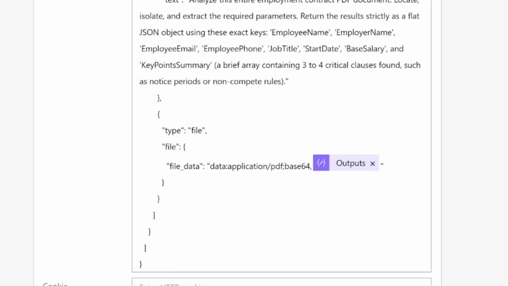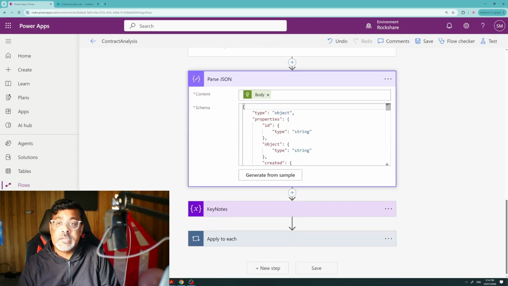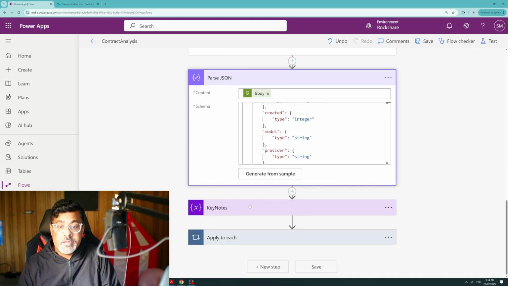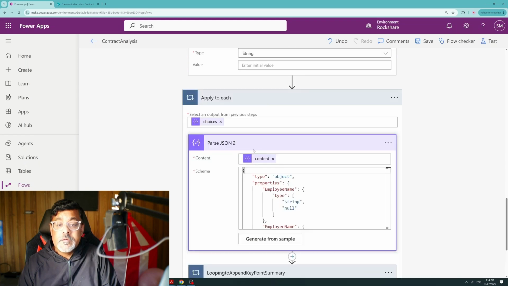What is the file data? It is data:application/pdf;base64, and here we are providing the body of our file in base64. Now I know what the return of this action will be, so I will pass it into the Parse JSON, and then here we have key notes, so I will concatenate all the key information provided from the API. We know that the response of our HTTP comes into the content, which sits inside the choices,